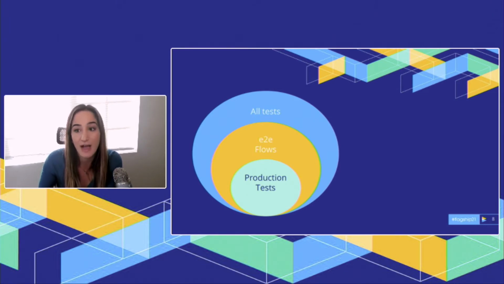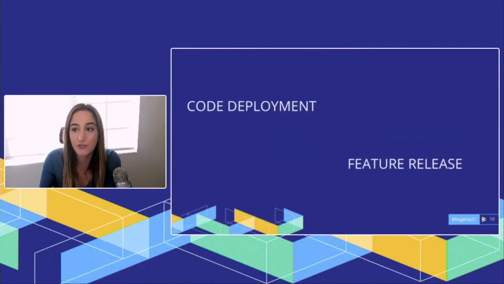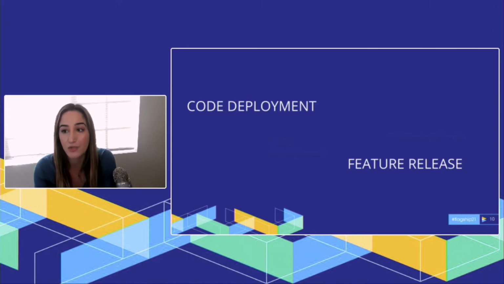And I thought, I have to start doing this. This solves all of my problems. How do I get started? What do I do? And the answer was feature flags. And feature flags are just a way to separate code deployment from feature release. So the idea is you deploy your code to production behind a feature flag, test it in prod, and then release the feature with a click of a button as soon as it's bug-free.